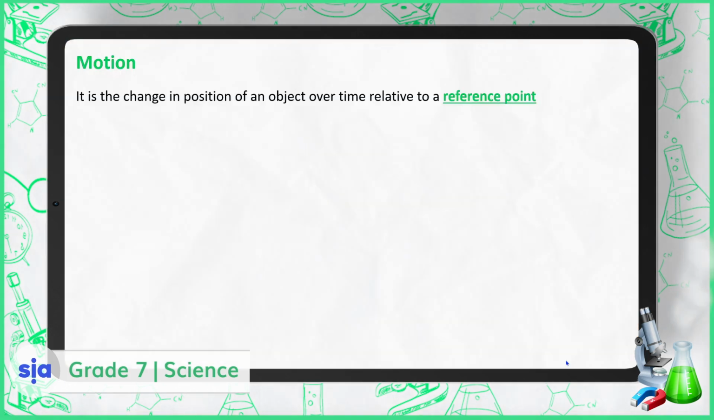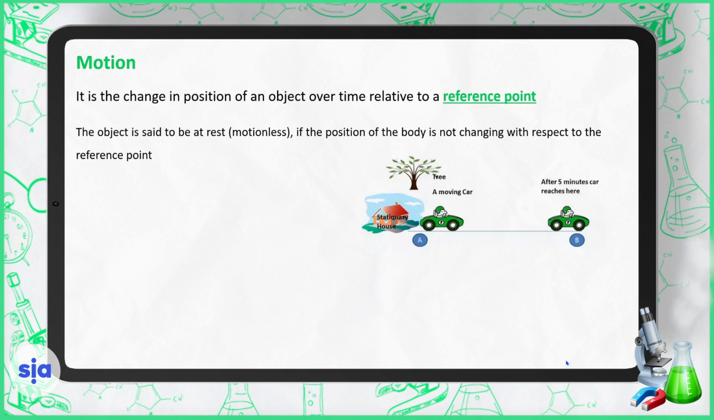Today we are going to discuss motion. Motion is the change in position of an object over time relative to a reference point. The object is said to be at rest, motionless, if the position of the body is not changing with respect to the reference point. So, in this picture,